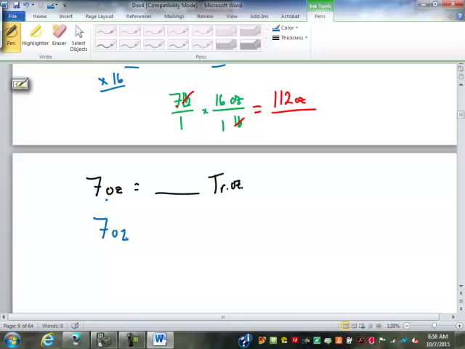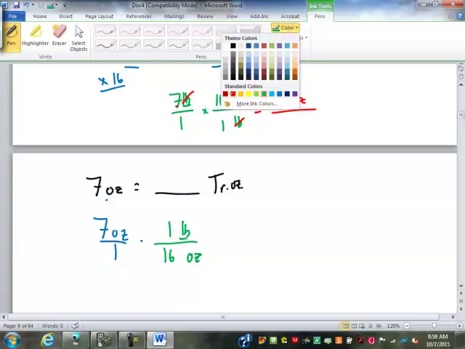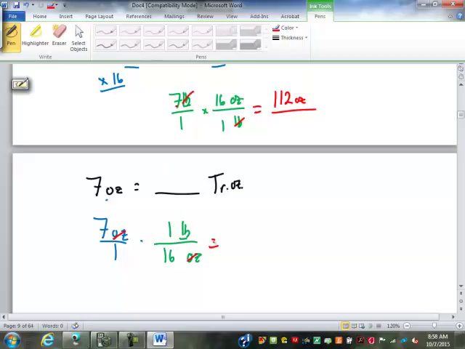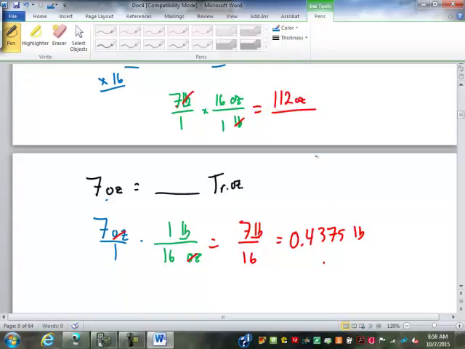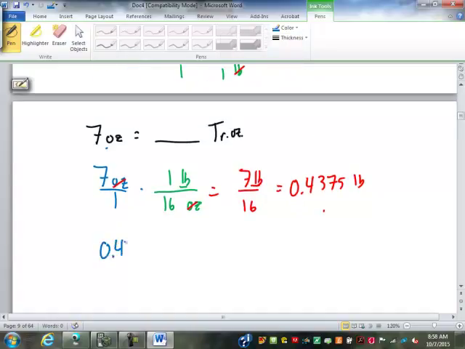So I would take my 7 ounces and I would convert it into pounds. 1 pound is 16 ounces. So my ounces will cross cancel here. I've got 7 pounds over 16. 7 divided by 16 is 0.4375, I believe, pounds. So now I need to convert that 0.4375 pounds